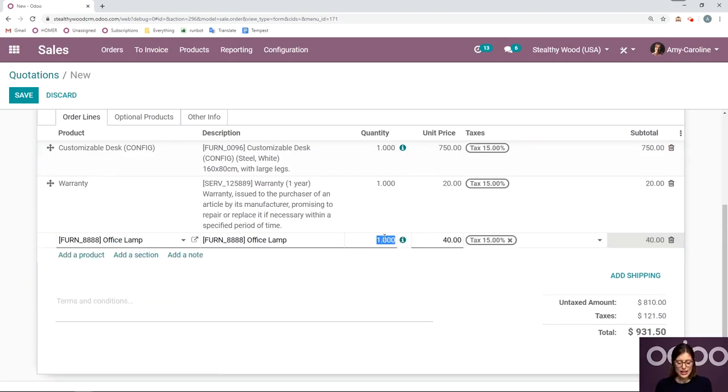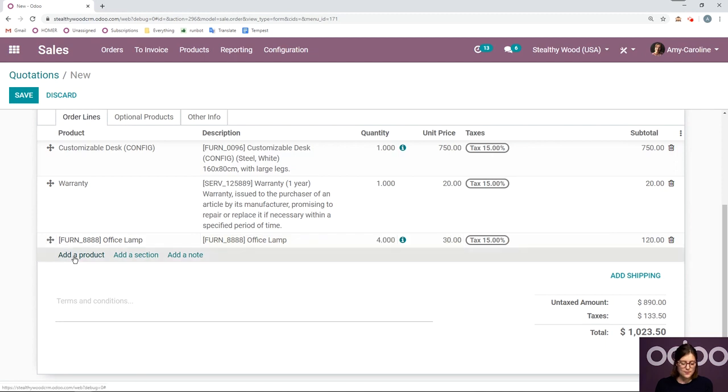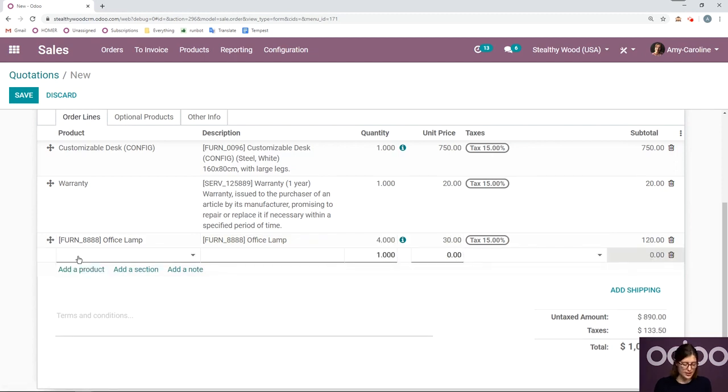Okay, I can change the quantity. So let's say 4, unit price will be 30. Okay, I can change it manually just like that. And let's add another product. Let's add our